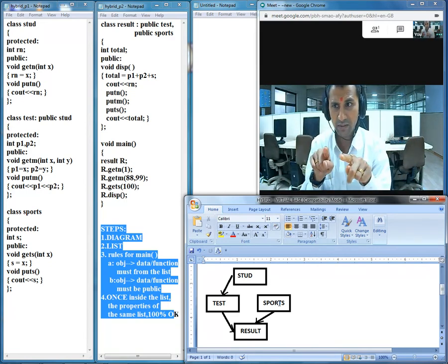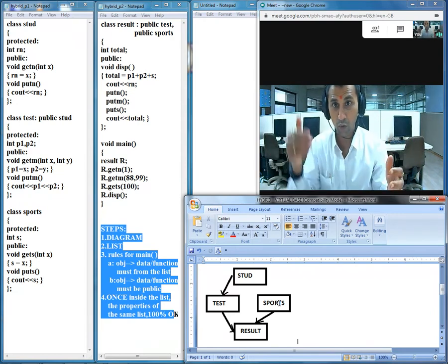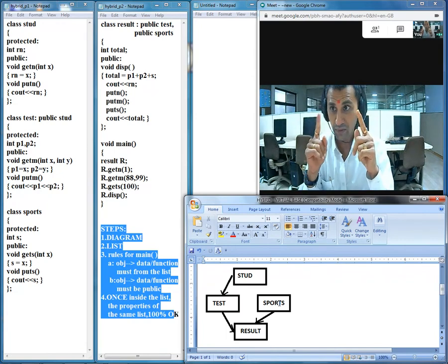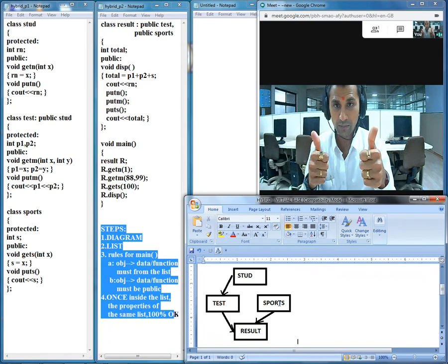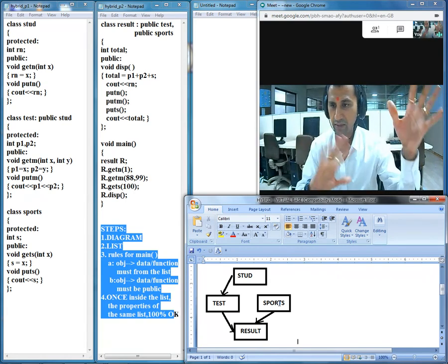Make these things very clear to keep perfect track of the variables and functions back and forth. If you have the list perfectly done, your program and your logic will be perfectly done. Otherwise you will be stuck with some errors.